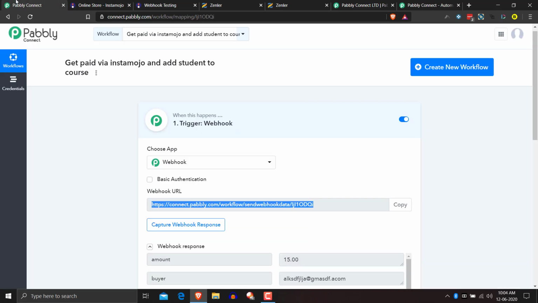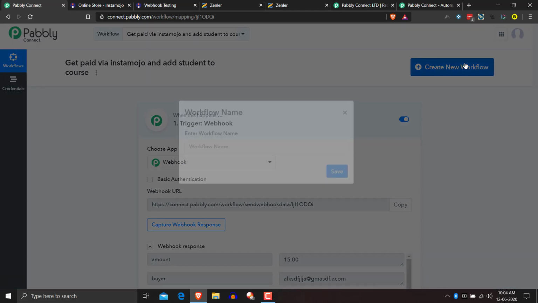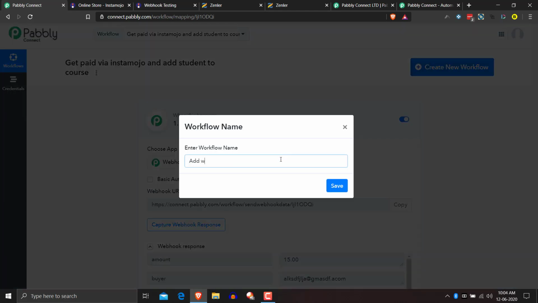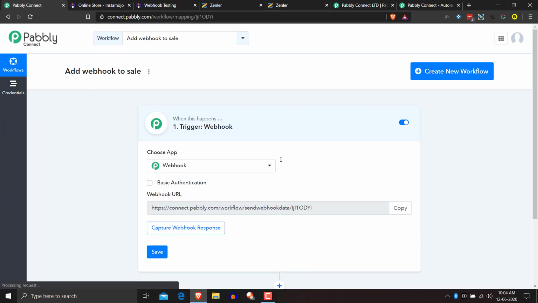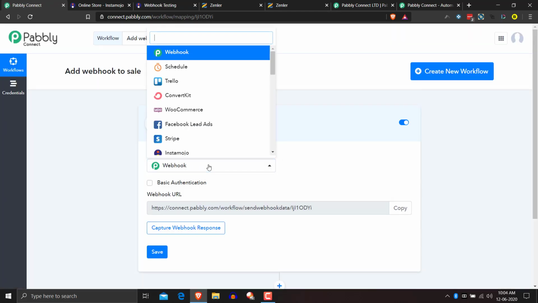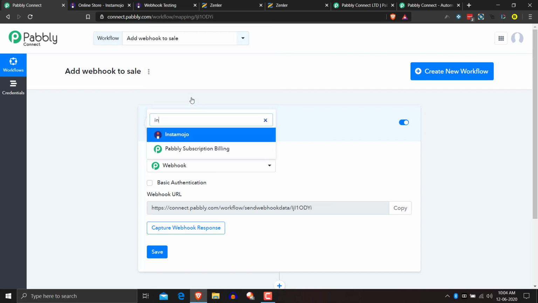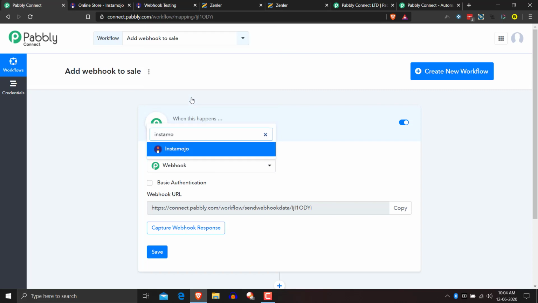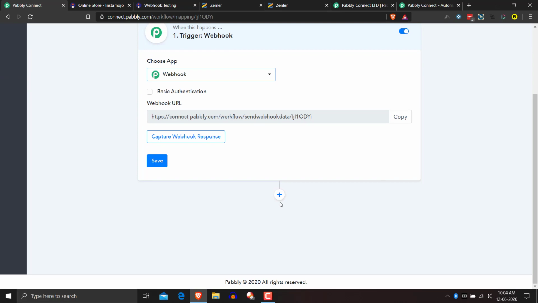right? So I'll first need to create another workflow, add webhook to sale. So here I'll use InstaMojo. Okay, I'll ignore this.